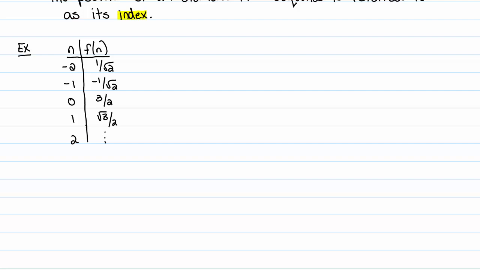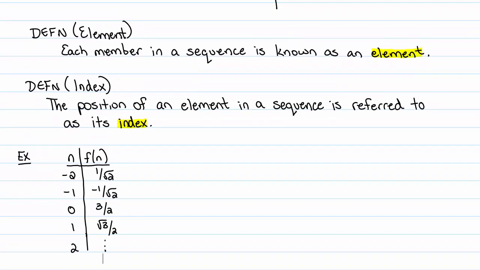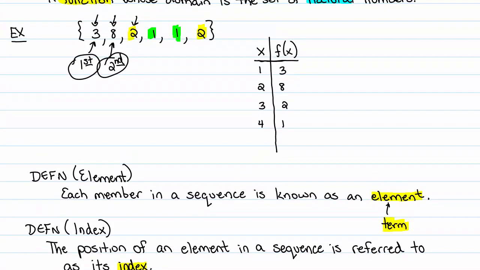I also want to mention that when we talk about elements or members of a given sequence, we do sometimes, and in fact in calculus, refer to those as terms. So I'm going to point an arrow at this and just call this also a term. I'll highlight that so that we have that as an important statement. So I could, in our first example, ask you what is the third term of this sequence,